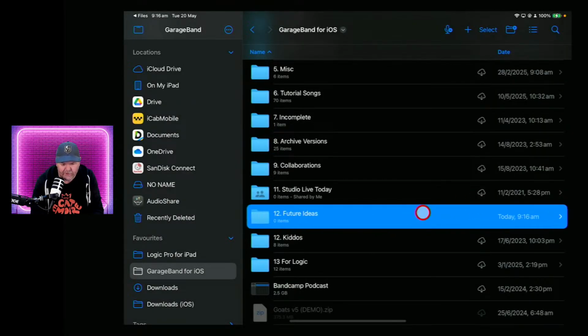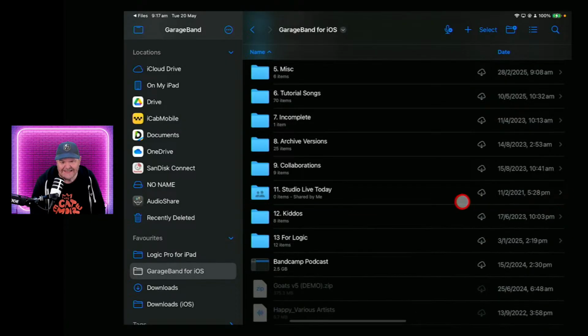So you can go onto a file or a folder and swipe left. I can't show you with the cursor because when I use the cursor, it grabs it. So it's got to be a quick finger swipe to the left, and then tap on the delete button. And that will delete it and send it away. So you can create new folders that way.